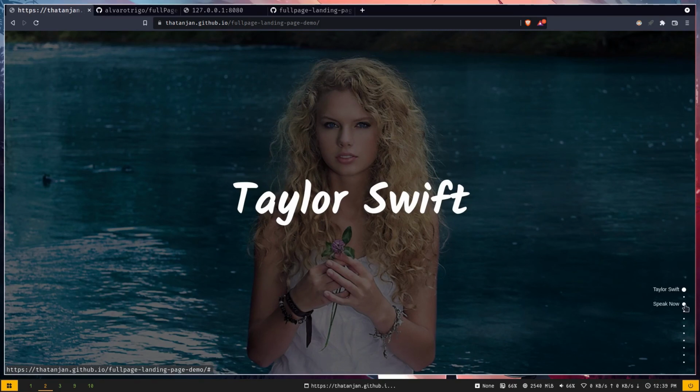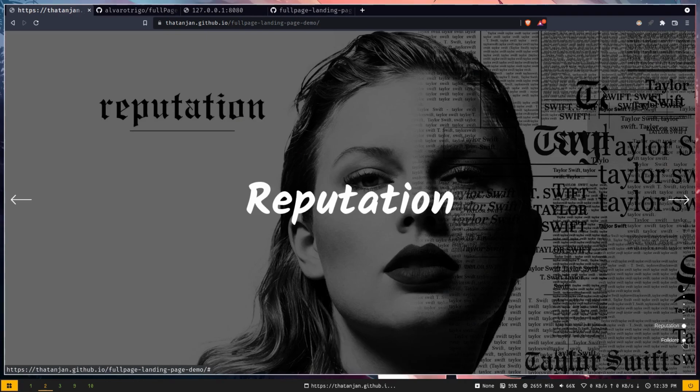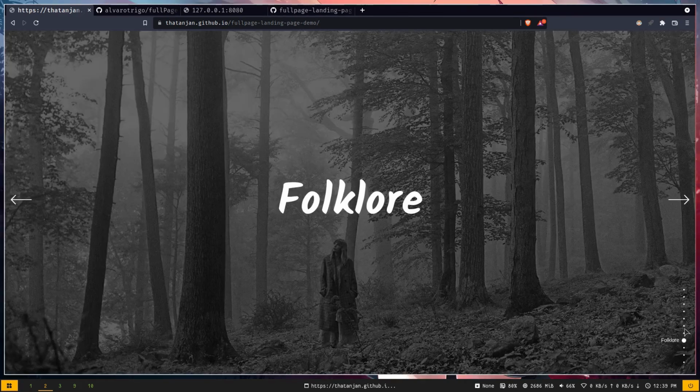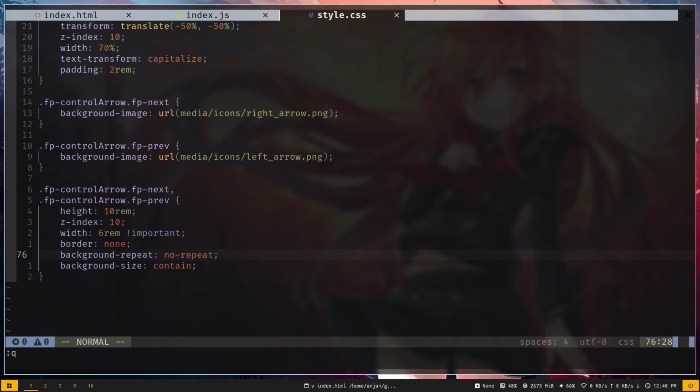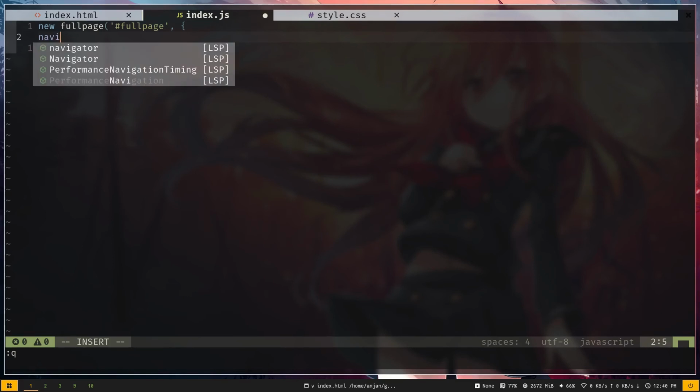If I click one of these, you can see it takes me to that section. Also, it has a smooth scroll effect, so let's just add that. So first let's go to index.js, and inside the object, the second parameter, we have to pass some options. We have to set navigation to true,